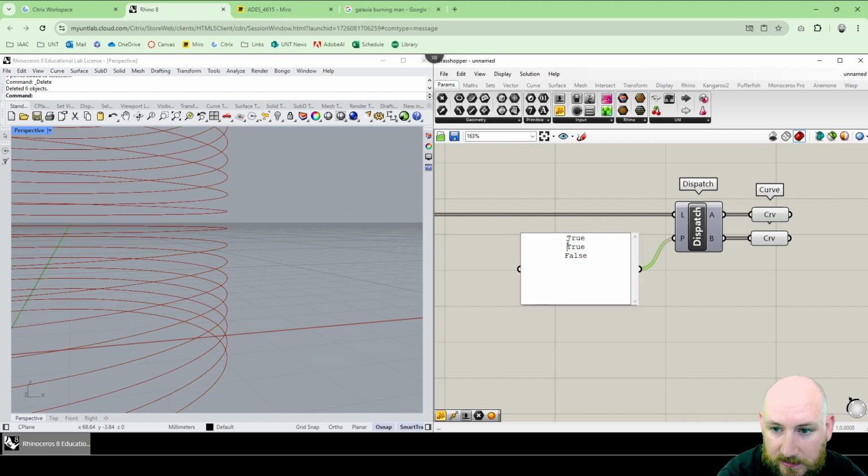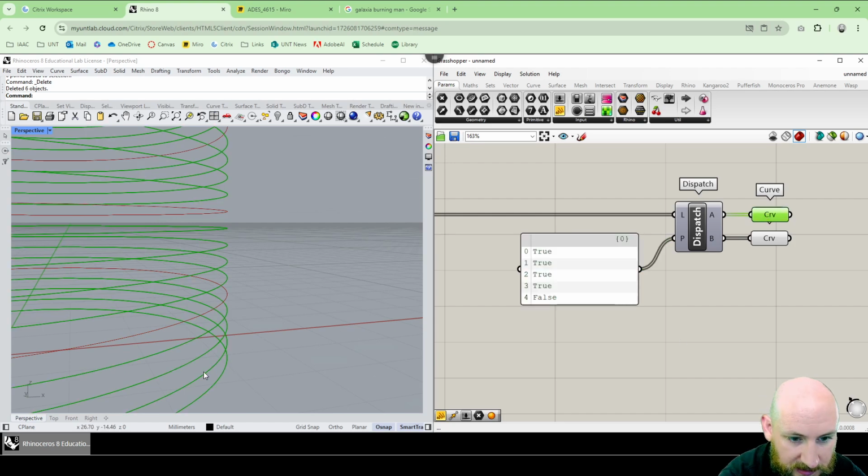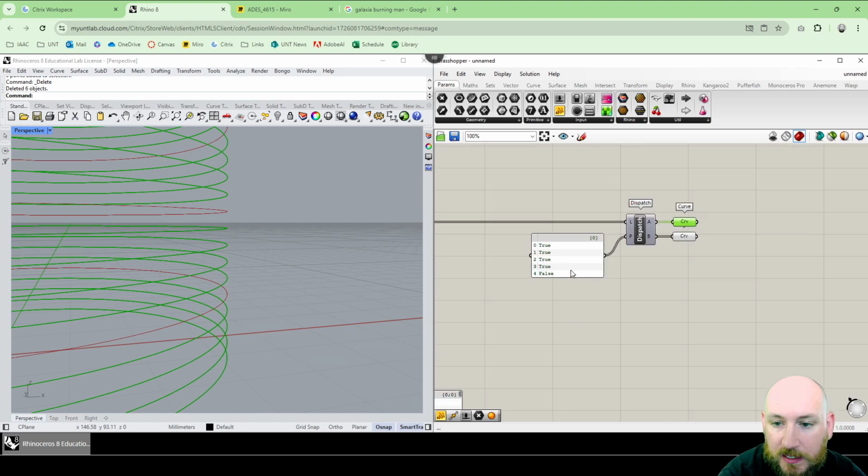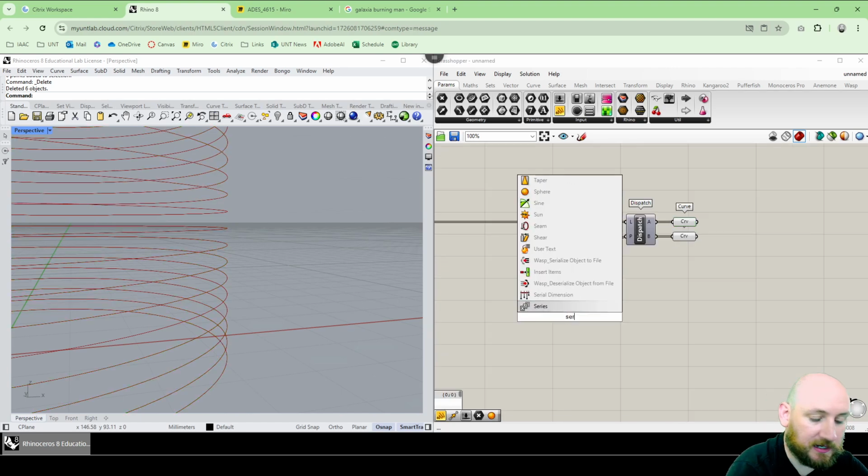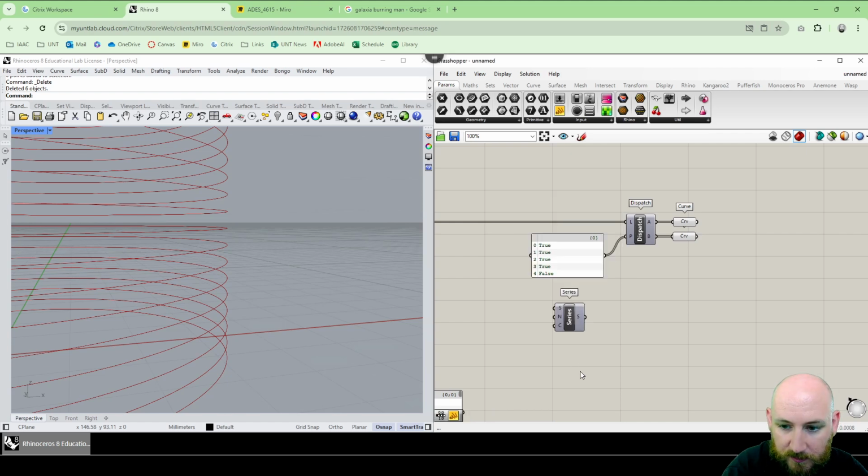And I could do more of these if I wanted. And now see what's selected. And now I get 4 greens and a red, 4 greens and a red, matching this true, true, false, false. Okay. So if using a series, or using repeat data,